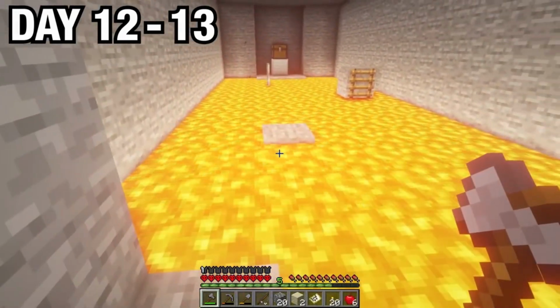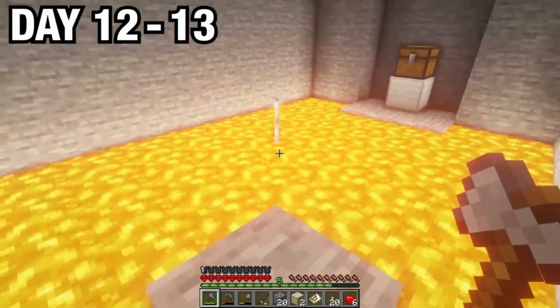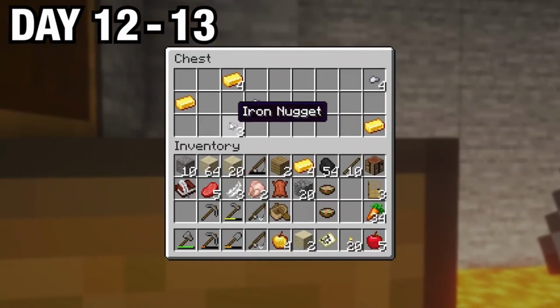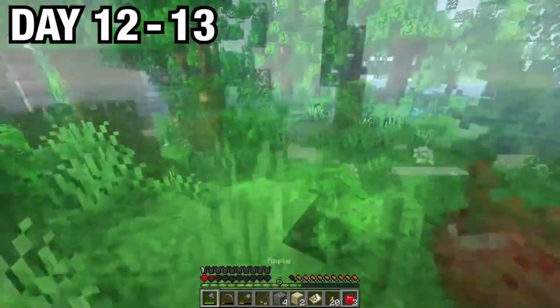You know, I had cobblestone, so I probably could have just pillared across with that, but I was up for the challenge. So after a few leaps of faith, and after accidentally scorching myself, I made it to the end. I opened the chest, and there were golden apples, gold, and some iron nuggets. So I pillared back over, fought a skeleton on the top that almost killed me, ran over to the shore,